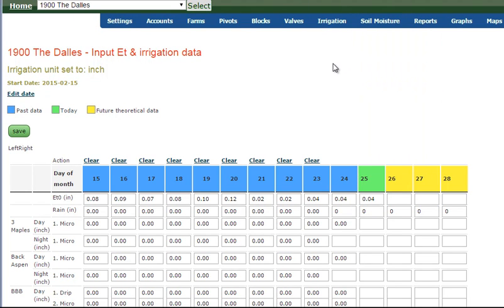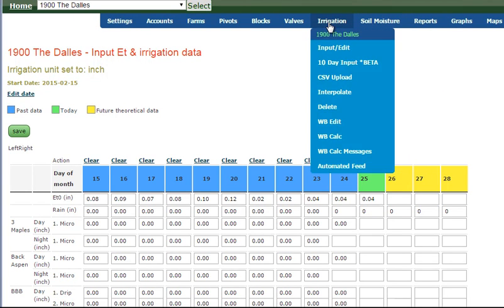There are three ways of manually entering irrigation data. Go to irrigation on the blue menu, and we have straight input edit, 10-day input, and a CSV upload. Each one has its own merits. Right now we want to use the input screen, and in fact it's the only one you want to use